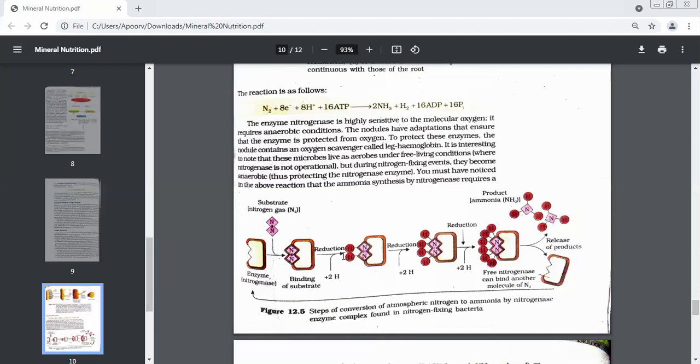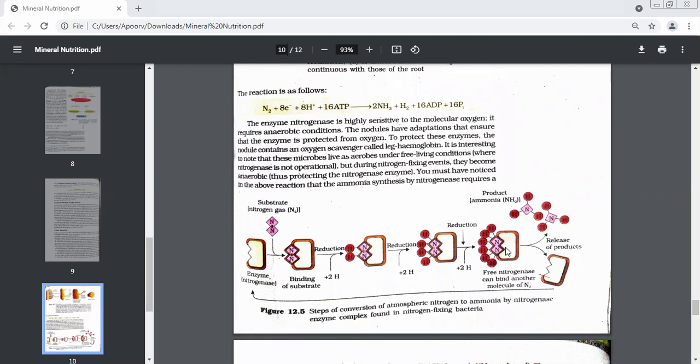Just remember that reduction will take place 3 times. Now, one time reduction took place, 2 hydrogens were added. Again, reduction will take place, another 2 hydrogens will be added. Nitrogen remained the same. How many nitrogens did we have in the beginning? 2. First step, you have 2 hydrogens. Now, if you can see in the red, there are 4 hydrogens because 2 more have been added. Another time reduction will take place. And now, children, how many hydrogens do you have? Every step we had the addition of 2 hydrogens. 3 times reduction has taken place. So 6 hydrogens. And how many nitrogens?